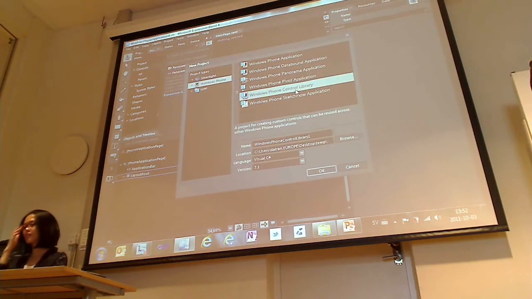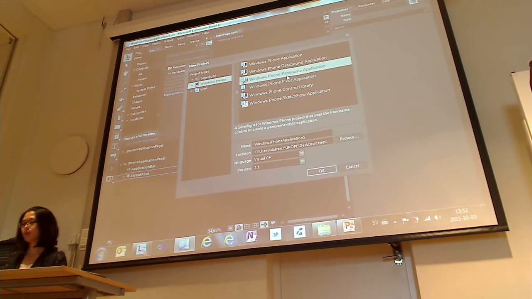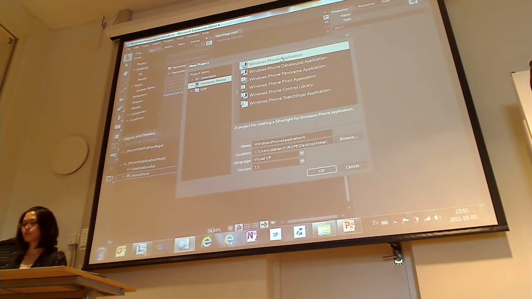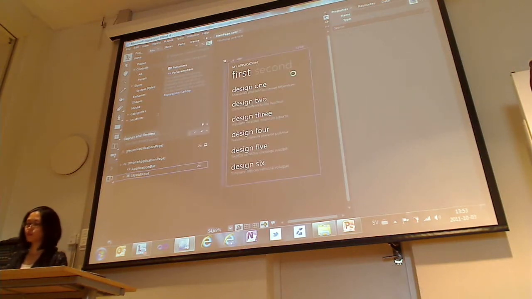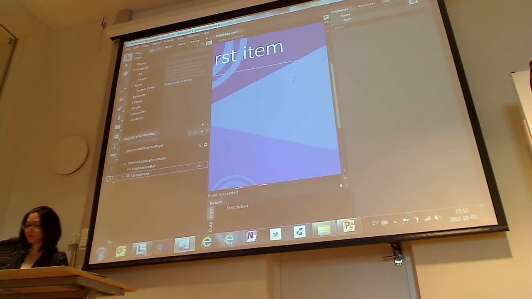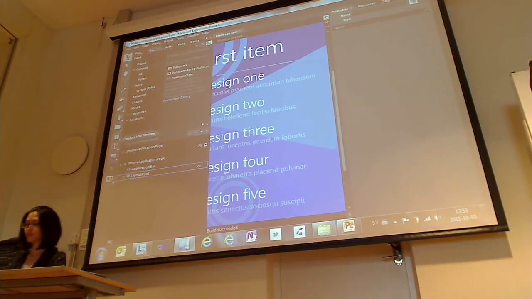And a control library is not really an application, but more like a component. It's a component that you want to be reused in different apps. So I think for your applications, maybe this one and panorama and pivot might be more interesting. I can show you the emulator. If I, for example, choose to make a panorama app,